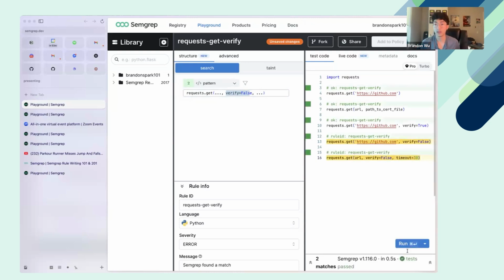And if I run this rule, it's going to match here where there's a verify equals false. It's going to match here where there's a verify equals false, but not here where there's a verify equals true, or these two cases where there's no verify at all. Okay. I didn't really talk about using ellipses with other arguments, but this is pretty much how it works,